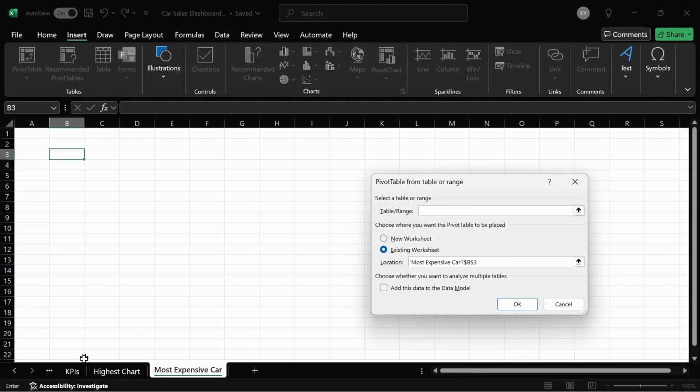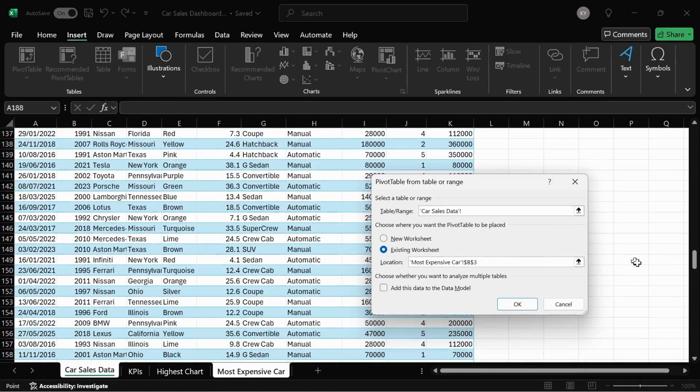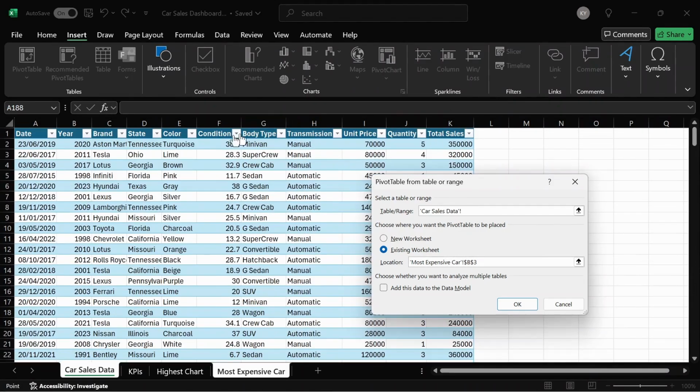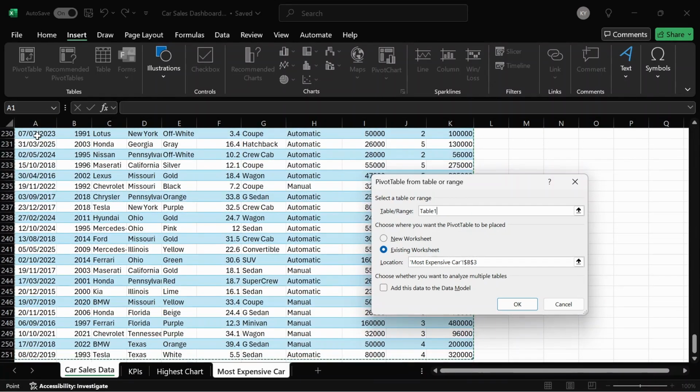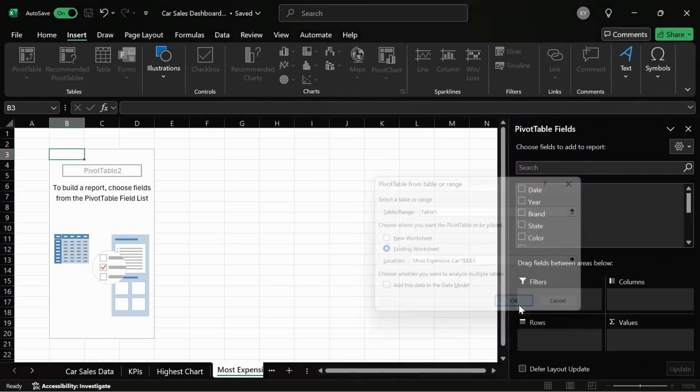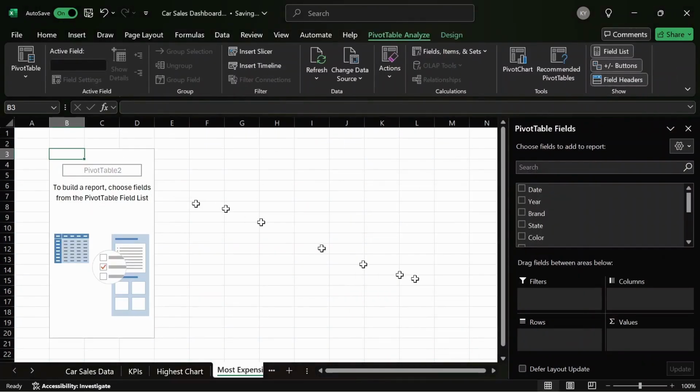If you want to use the data directly, go to what you want to reference. I'm going to scroll up here. I'm going to select this first, hold Ctrl Shift, right arrow key, down arrow key, and I'll still get table 1. So knowing the name of your data sets when you've created the table always helps you create your pivot table faster. So okay, now that we have our pivot table, it's going to be almost identical to our previous